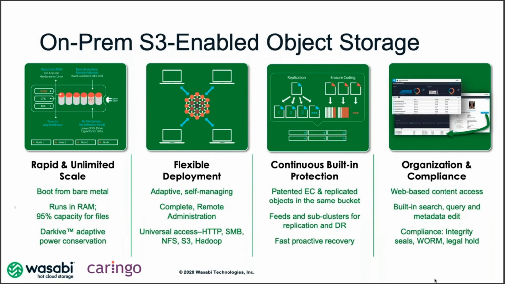So Caringo Swarm is on-prem S3 enabled object storage. Our system is set up to rapidly scale up, and there are no arbitrary limits built in to our scaling capacity. And rapid scale up is, I know that everybody who has a storage product says that they allow for easy scaling, but